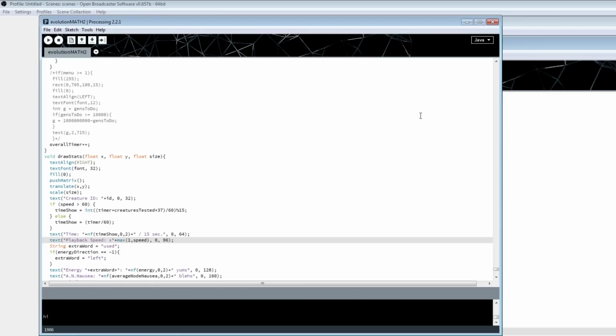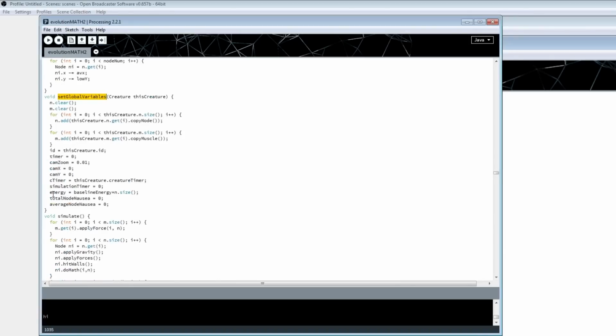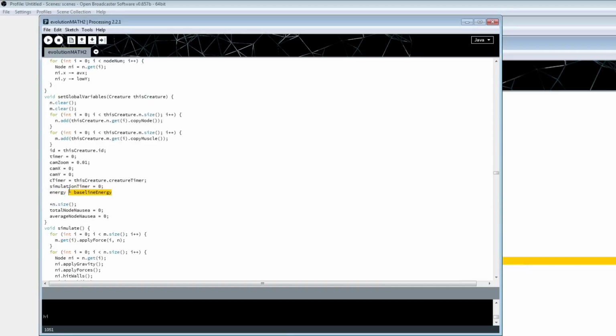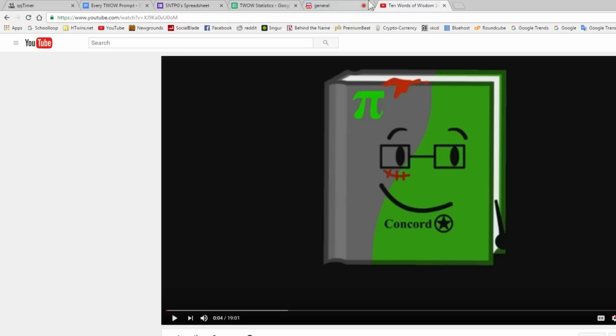So what happened was, when a simulation of one creature starts, the function setGlobalVariables is called, and you can see in this function, we set energy to the baseline energy, right? That's what sets the energy to the baseline energy at the very beginning. But because of some previous simulations I did, where I wanted bigger creatures to be given more energy, I multiplied by node size. So that means that if the baseline energy was 20, and you had 5 nodes, then you would start out with 100 yums. Now, I forgot to remove that when I moved everything back to the default settings, so now...